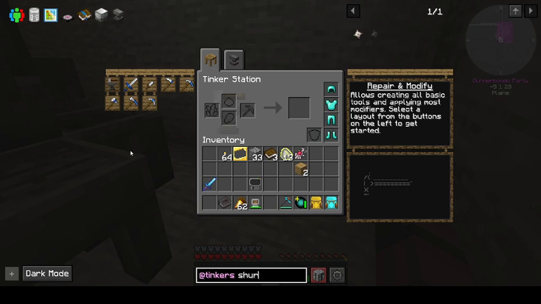So what we're gonna do is we're gonna take a quick break. I'll be right back, and we will get back at this, and we will find out what kind of weapons and armor we're gonna use for the end. So bear with me and be right